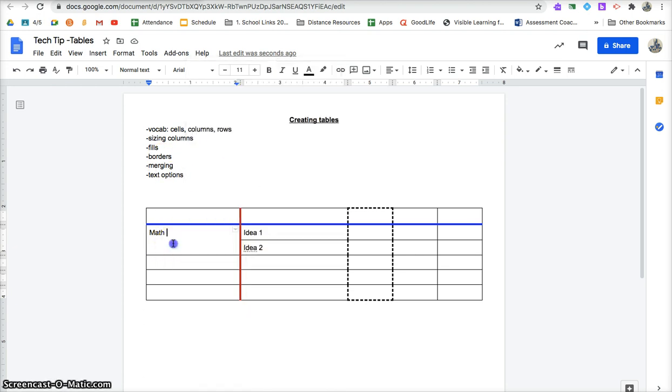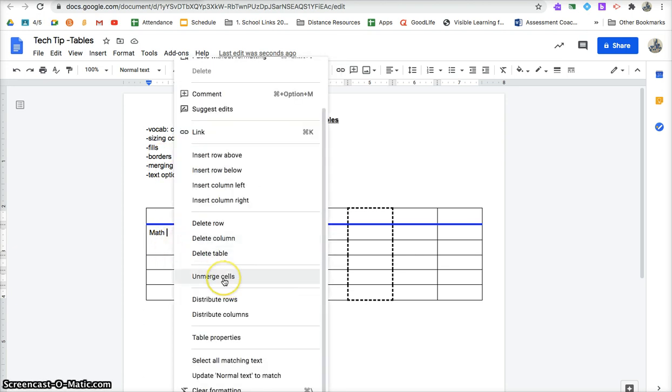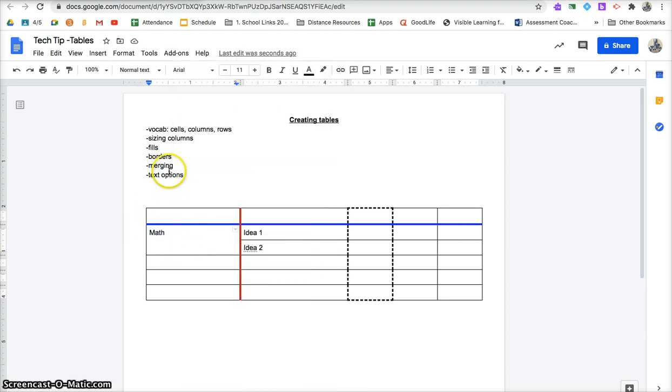To unmerge, I just right click that section and unmerge. Okay. Text options. So just like in regular typing, you could center it, you could make it on the right, you could make it on the left, but an added feature